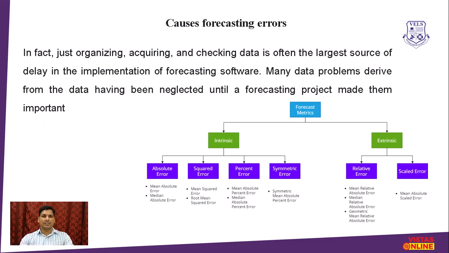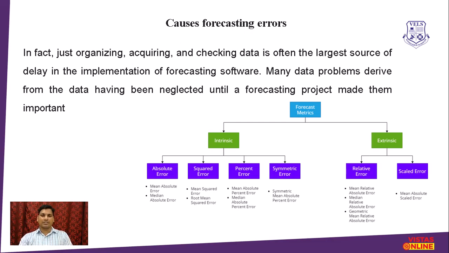Here are certain causes of forecasting error. When you are collecting information from a large number of sources, sometimes you may find there is insufficient data for completion of your work. Many data-related problems you would also have come across. All these are the variables or neglected elements of your forecast.